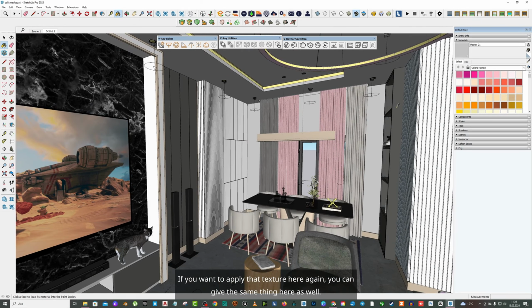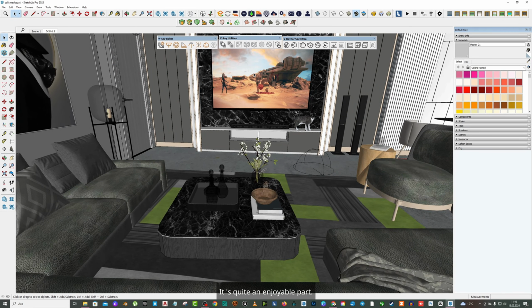In the other parts, guys, I will add accessories to these sections from the Cosmos library. Adding accessories is simple. In our next lesson, I will show them to you guys. It's quite an enjoyable part. It's a system where we continue by adding accessories, adjusting the color texture and the coating texture. If you want, you can change the carpet texture here. Since I will be giving you the working file, you can make any changes you want within the working file,